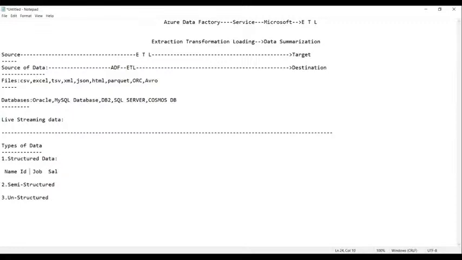Let's fill it up. Name is Alan, and here the ID number. Job is clerk, and salary 25,000.